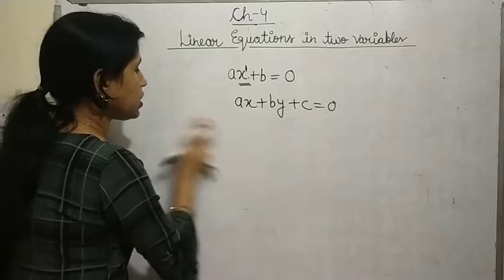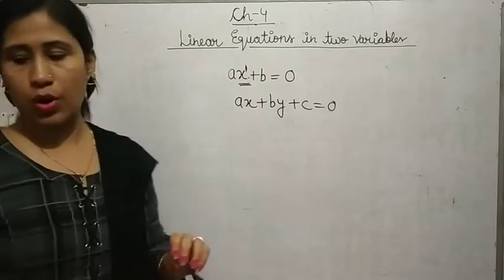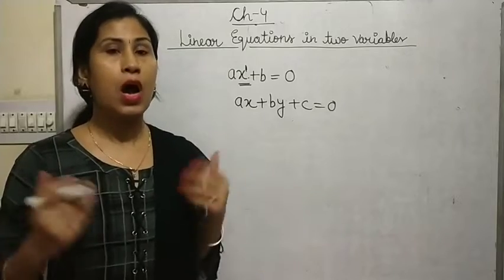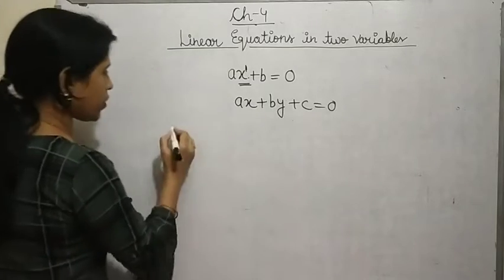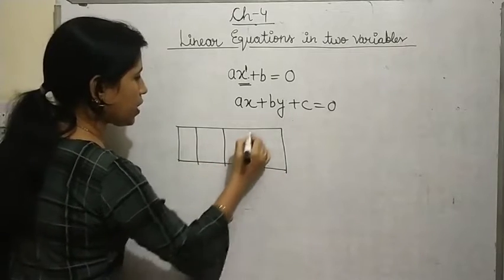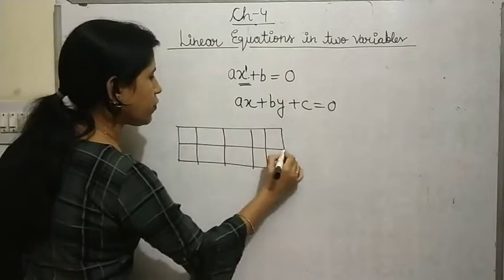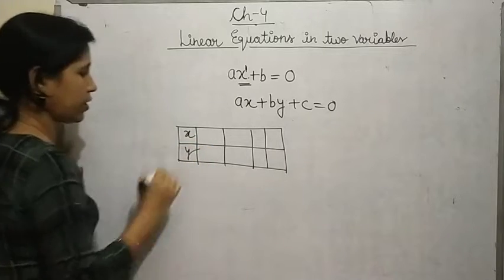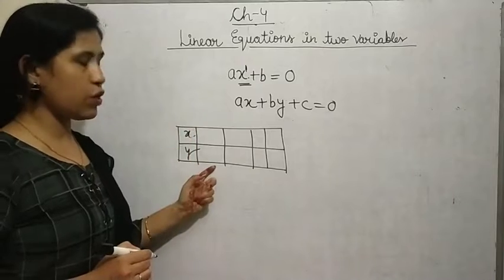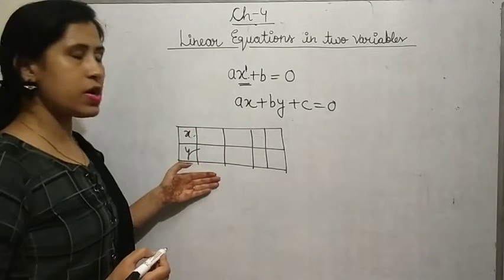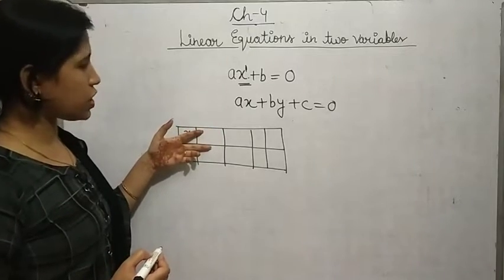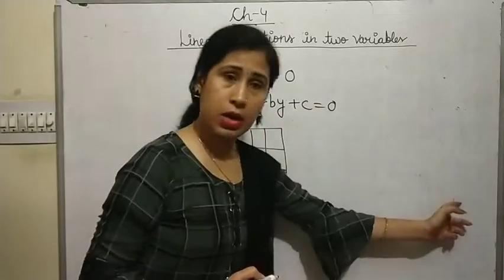And one more thing, in a linear equation we do not have a fixed solution. We have infinitely many solutions. How? Basically, they will give us an equation and we need to find the values of x and y. A minimum of 4 values we will find. Here the x and here the y. Correct? We assume the x value and find the y value, or we assume the y value and find the x value. Correct? So here we will get the coordinates, which we have to locate on the graph paper.